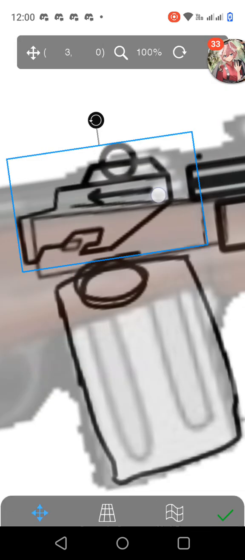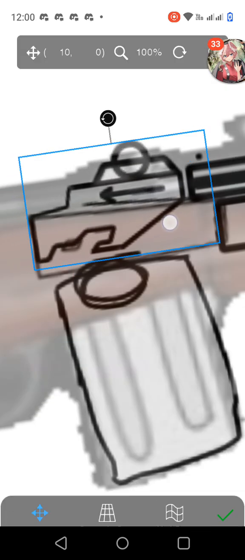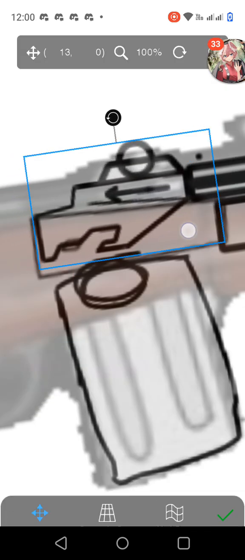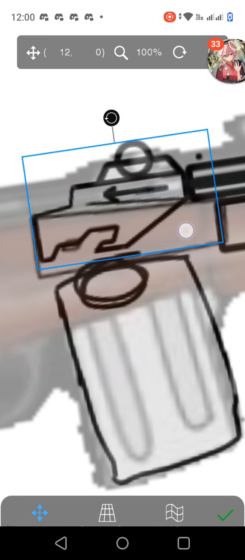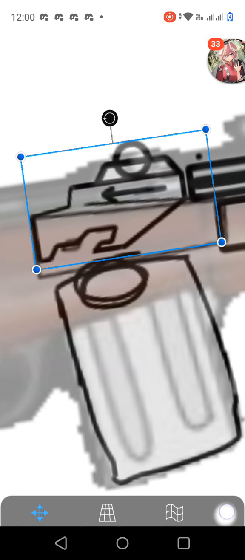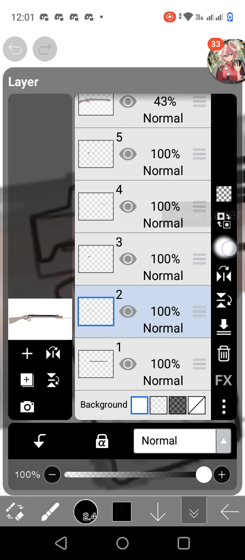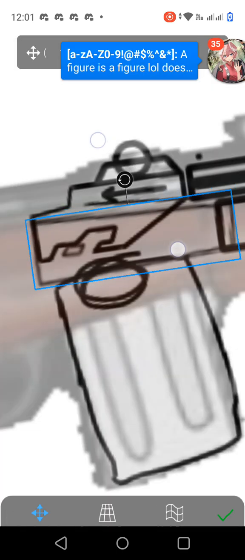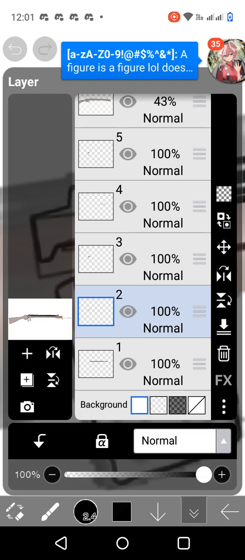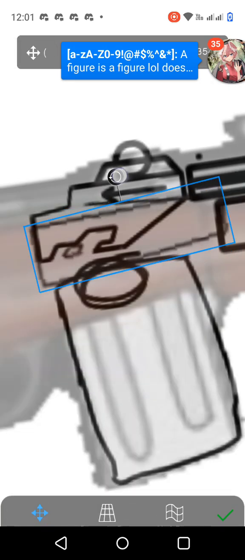Then the bolt eventually ends up right here, pushing up against that tube. And then the bolt moves like this